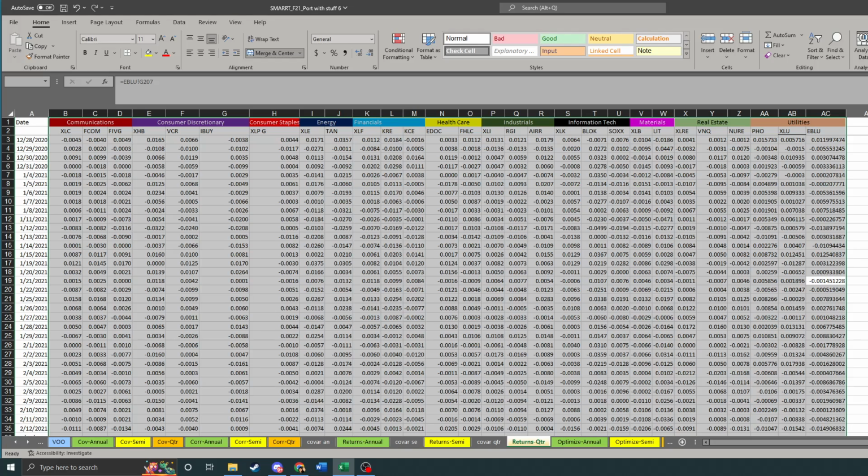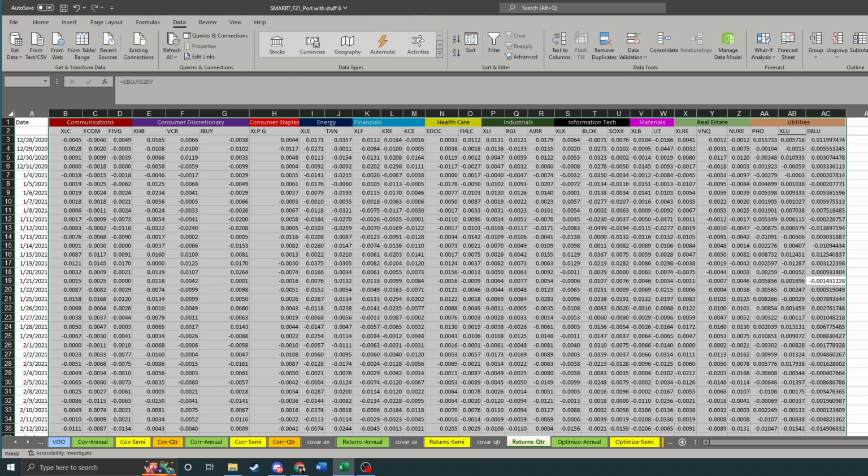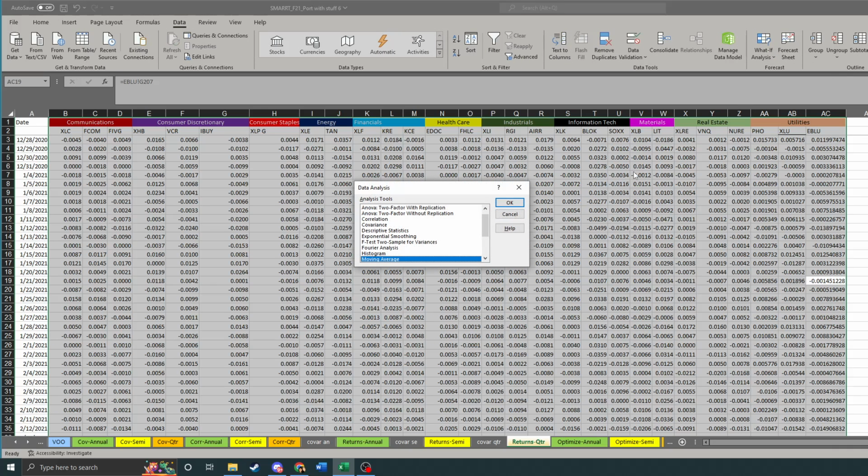And then you would go to, I think, is it data? Yeah, so you go to the data tab and then you go to data analysis and then you could do covariance or correlation. You're going to have to do both of them,